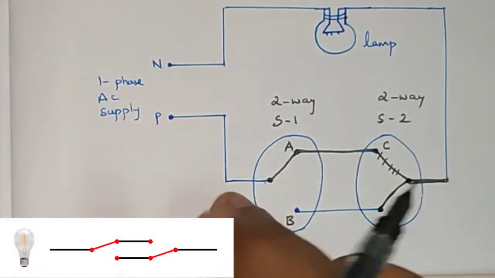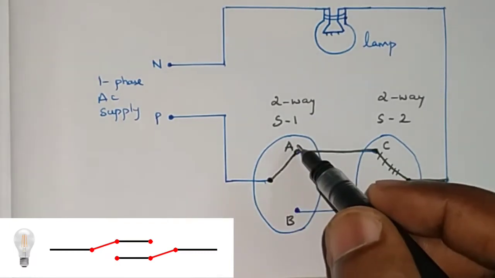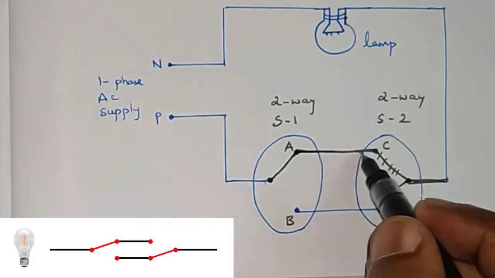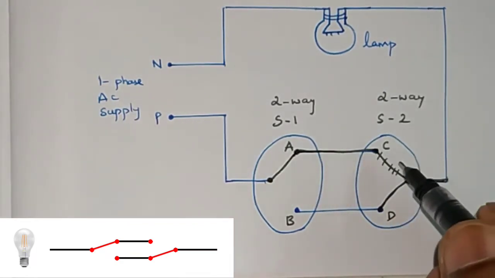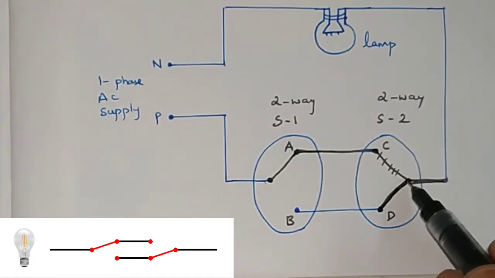From phase the current will start to flow, and from there it reaches here, and from here, since switch number 1 is in off condition, it means it is connected to A, so current will flow till here. From here it will reach till C terminal. Now in the second case, your switch number 2 is connected to D. You can refer to the working table, it is connected to D.